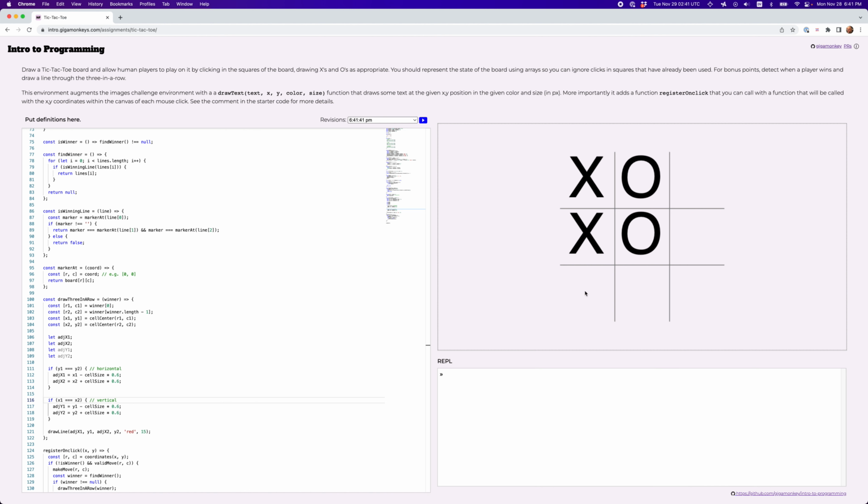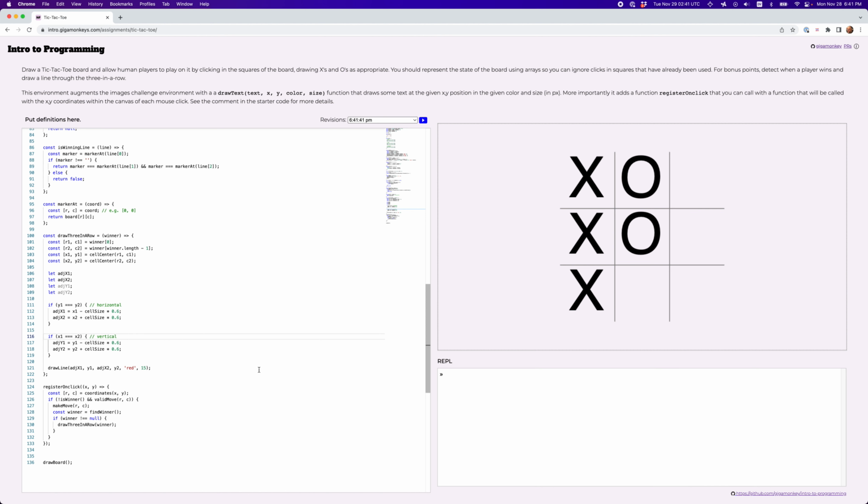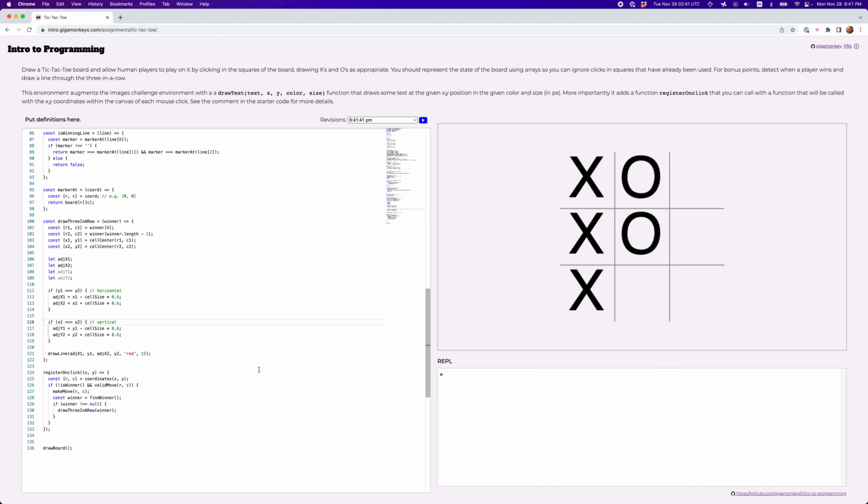But, oh no, what happened? It didn't draw it. Something terrible happened. It didn't find the winner. Did I break something? You'll notice, while I'm puzzling that out, that these variables are still gray, even though they are assigned values here, and that's because the assigned values have never been used. The editor is smart enough to know you've declared these, you even assigned them new values, but you haven't done anything with them. So if I change that,